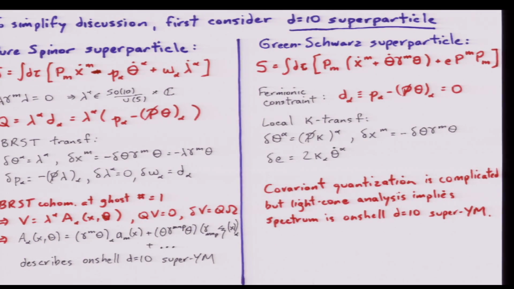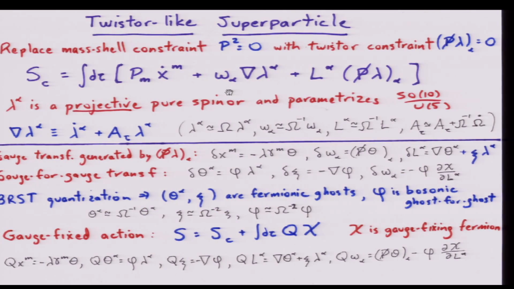Okay, so let's see how it works for the superparticle. So the twistor-like version of the superparticle will be obtained by replacing the usual mass shell constraint by this twistor-like constraint. So this, of course, implies p squared equals 0, but it does more. It implies a whole spinor worth of constraints. So L alpha is going to be the Lagrange multiplier, which imposes this constraint. Okay, so now, unlike in the pure spinor version, this lambda is projective. So what that means is that I have to introduce a gauge field on the world line and define lambda to be identified if I do a scale transformation on lambda, and obviously analogous scale transformations on L and on W.